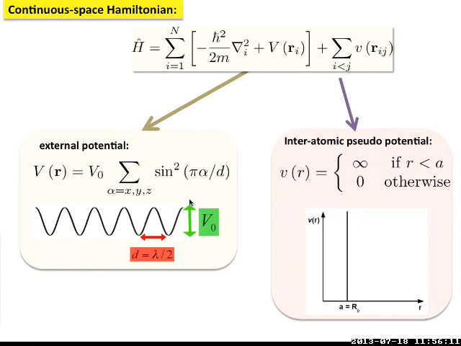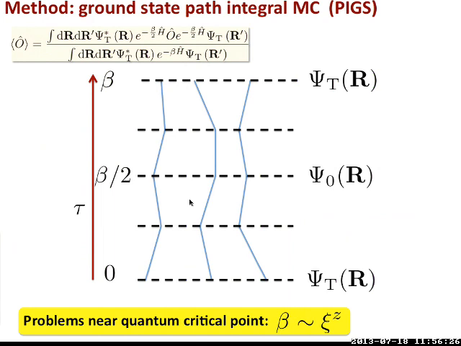What's the radius? The radius is equal to the S-wave scattering length, which we will tune. But it's much smaller than the lattice constant. It is smaller, but also not so small. So we will consider different values. Okay, so the computational method that we use is the ground state path integral Monte Carlo,